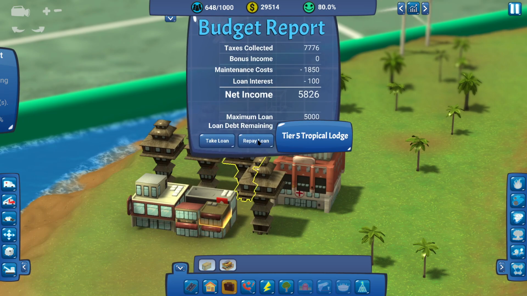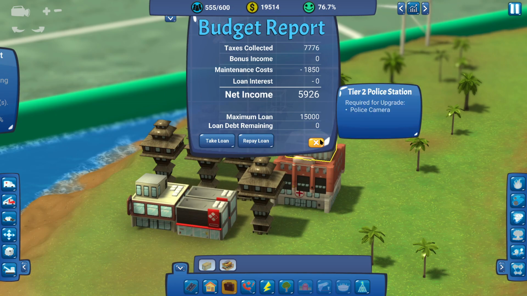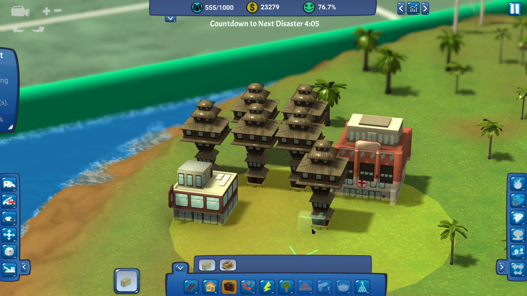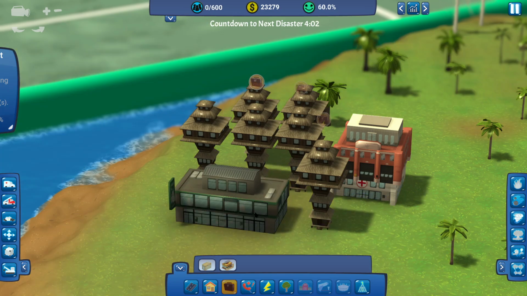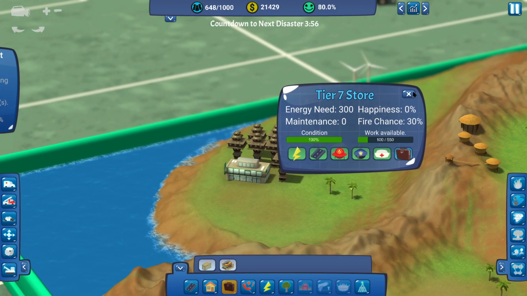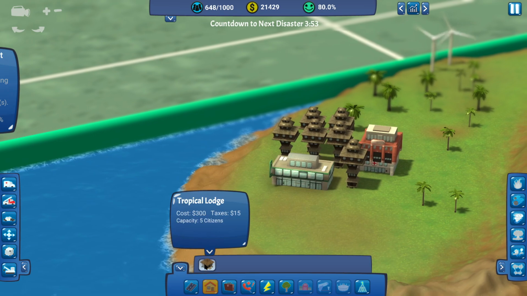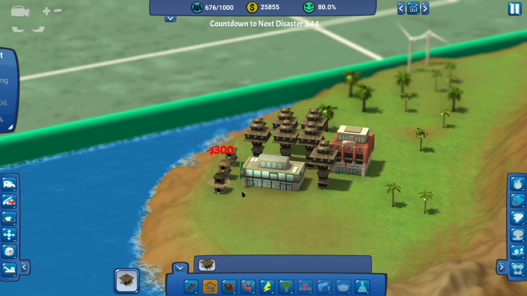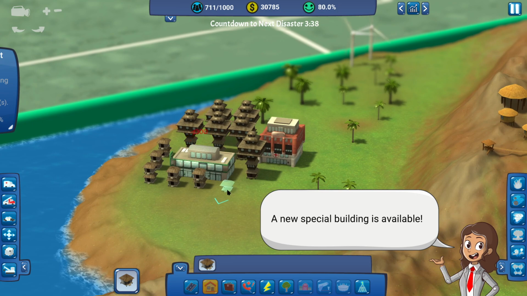You can see that we've now taken 15,000. Now well in the black for our money. Cool. All right, so that's a nice hearty location for our jobs. So let's build some more housing. Now, I guess the